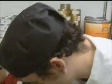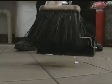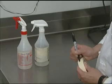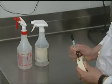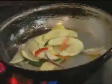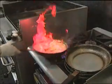The best way to control disease vectors like insects and rodents is to deny them access to food. Keep the kitchen and storage areas clean and keep the doors closed. Keep all chemicals away from food preparation and storage areas. Label everything and follow written directions. If you follow these recommendations, you'll be helping to protect the public that you serve by reducing the potential for